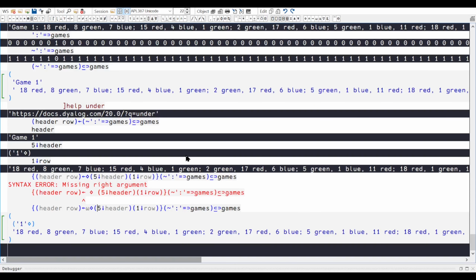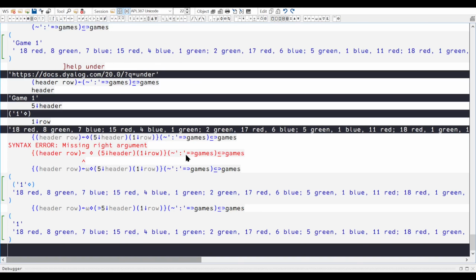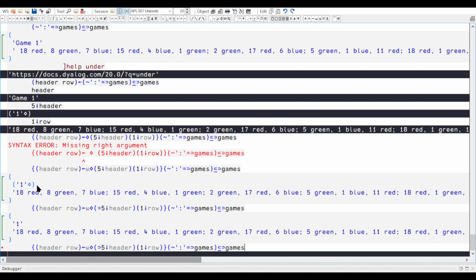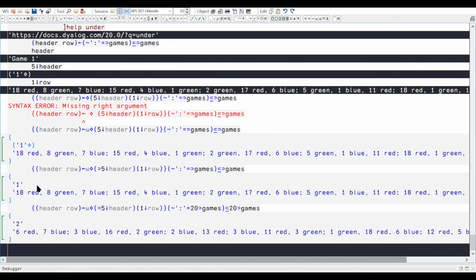I still have to just take this first one. No, not first one. Well, it depends. If game is 20 or whatever, what will my 20? Does this take an argument? Yeah. So this is the first character rather than the first element. And if I don't drop, what do I try to do?